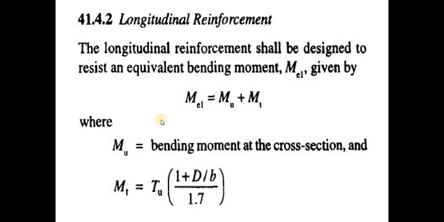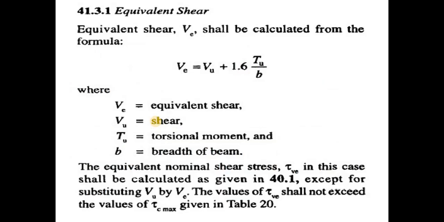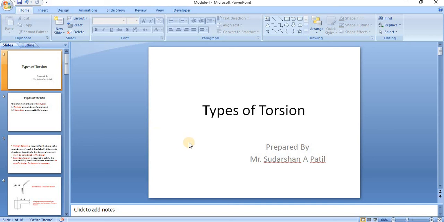So this is about the consideration of longitudinal reinforcement and torsional reinforcement, how to consider those, which clauses we have to use, and other things given over here. Further things we are going to study in the next class. We are going to discuss examples on this in the next session. So make sure that while sitting for this class, you have the IS 456 code.